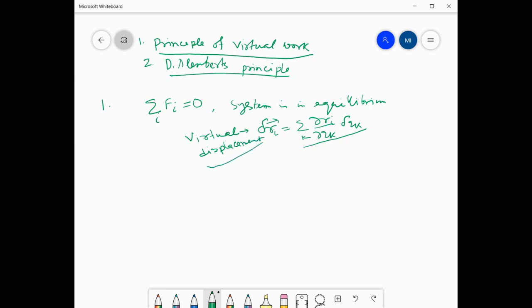So there are two ways to see this. One is that there is no force acting on the system, so work done will be zero. Another way is that time is not involved there. Now this is very important. Why is time not involved? There is a displacement and time is not involved. If you say time is zero, then if there is a displacement and time is zero, then velocity will be